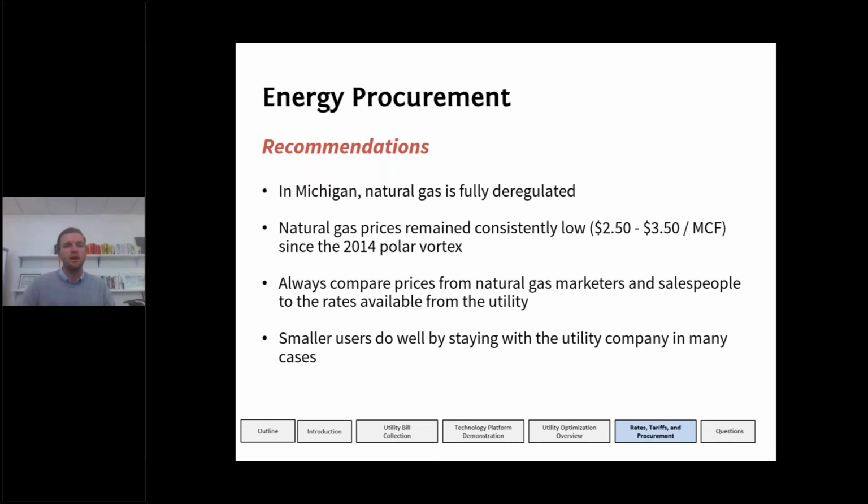We've seen natural gas prices since 2014 remain pretty steady and pretty low, with a couple exceptions, like January 2019, when a polar vortex spiked it. But the recommendation that we would have in this space is, if you're looking at an alternative supplier or sending out an RFP to different suppliers for the gas or electricity load of your building, don't just look at the supplier's bids